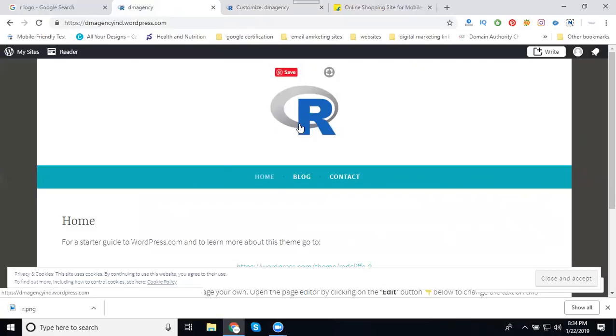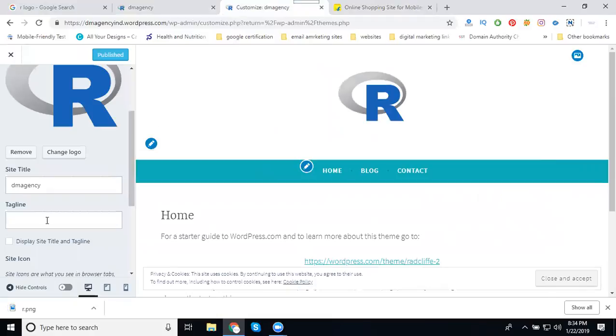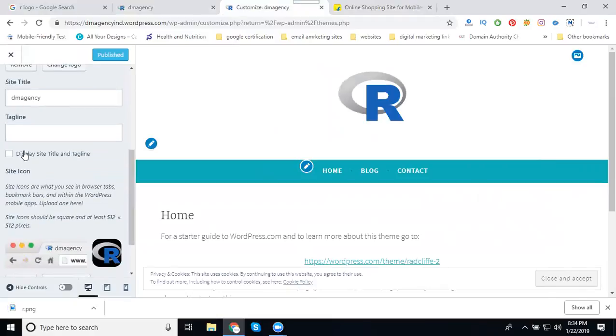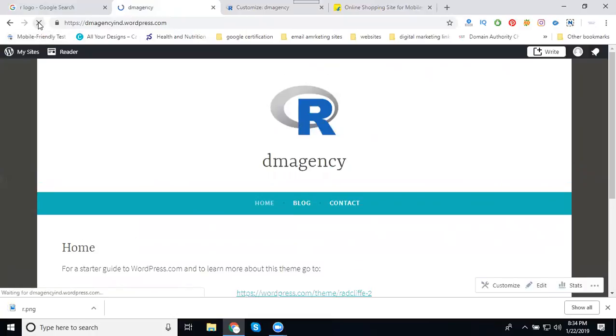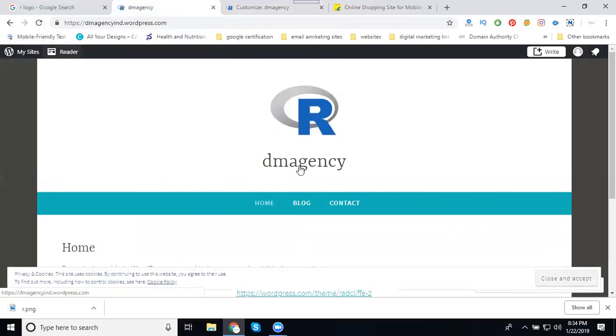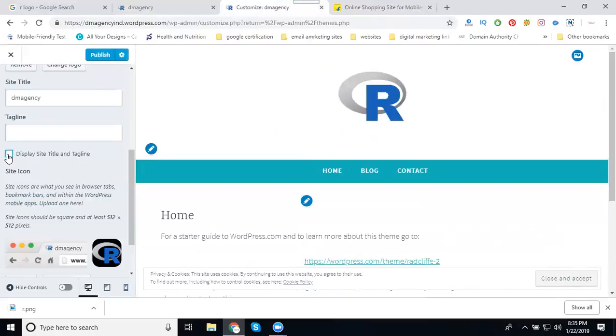So one is site icon selection and the other is site logo. Here, only one thing you remember: when you're selecting, disable one option, display site title and tagline. Why? Because when you enable this option, we are showing two options, logo and name. I can't display my website name. I can display only the logo, for people's recognition. So disable this option. Click publish.